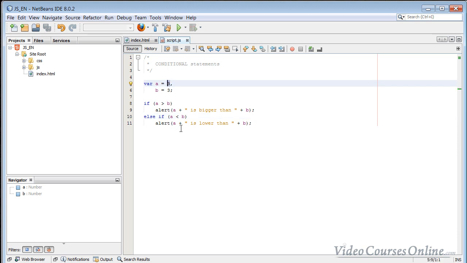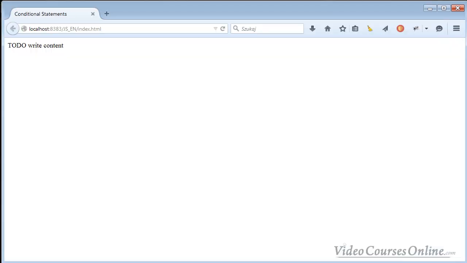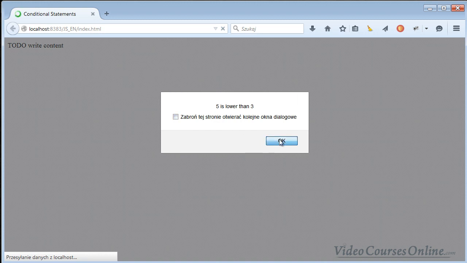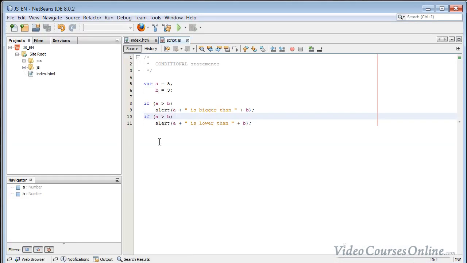Let's check it out. So if I do something like 5 and we do the same condition in both cases, you might be thinking this will be executed and this will be executed, right? No, 5 is bigger than 3 and that's all. This sentence is not going to be executed, right? If you wanted to execute something like that, you would type if again. 5 is bigger than 3, 5 is lower than 3. So you need to remember that